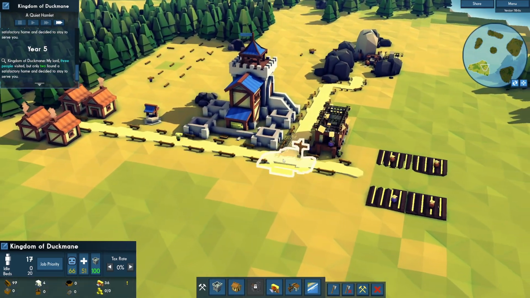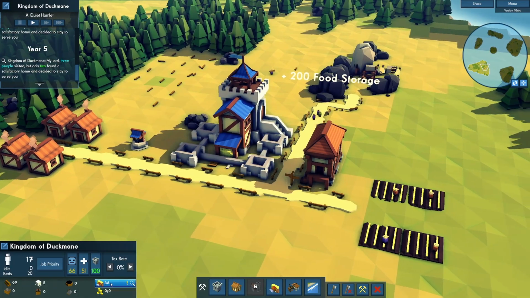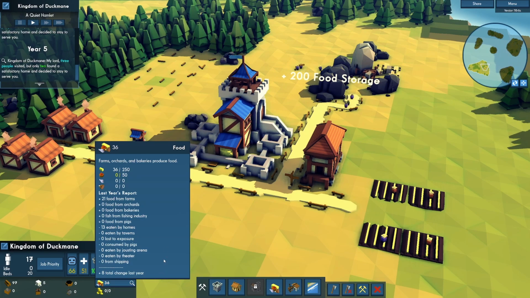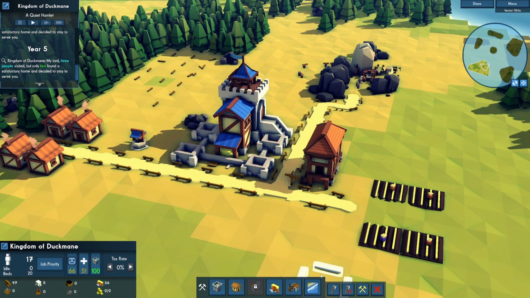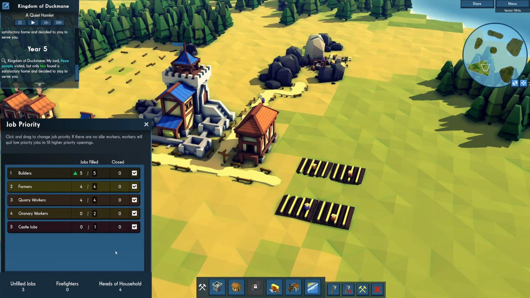Let's speed up. We're actually in year 5. We haven't really achieved much. Right, good. 200 food storage. So we now have 250 storage. Brilliant. Good. We do need to get an orchard pretty soon. And if we have people idle...